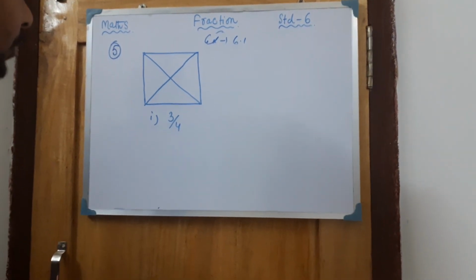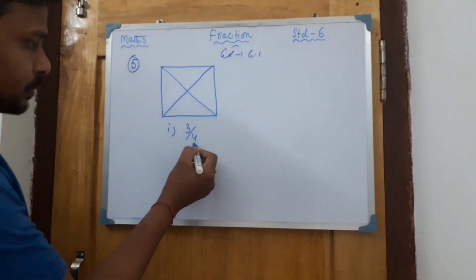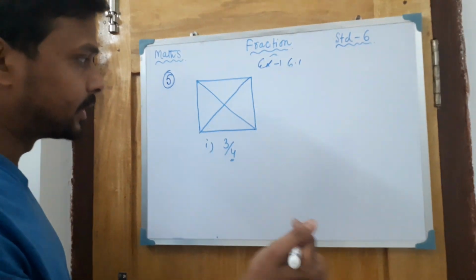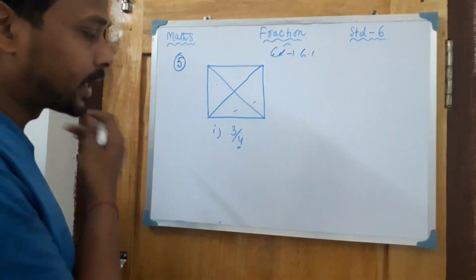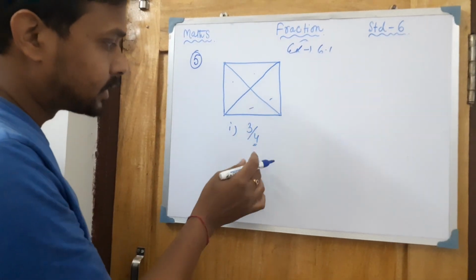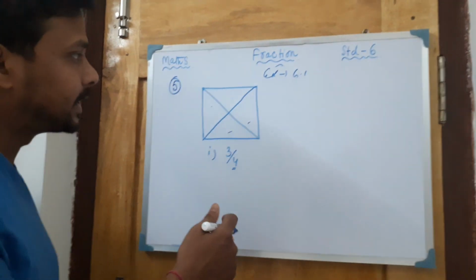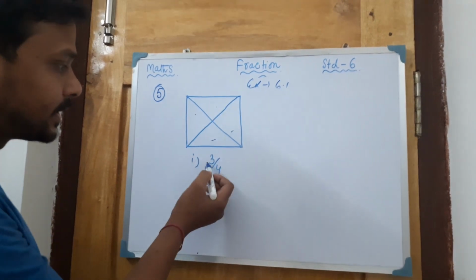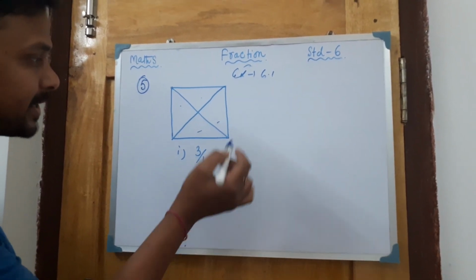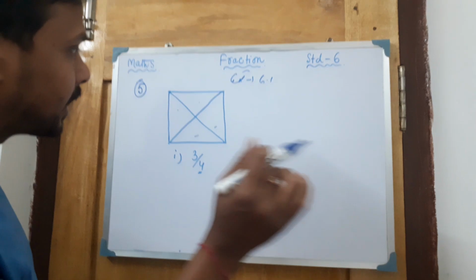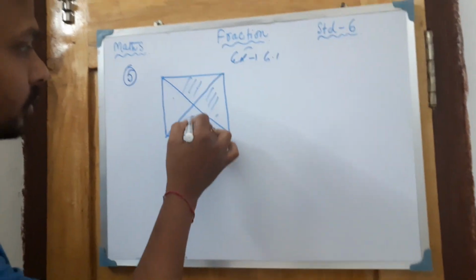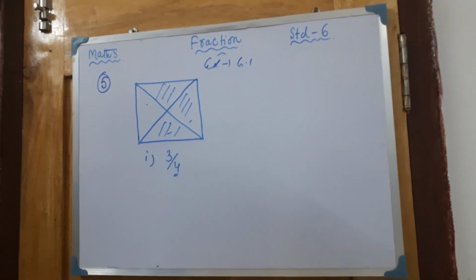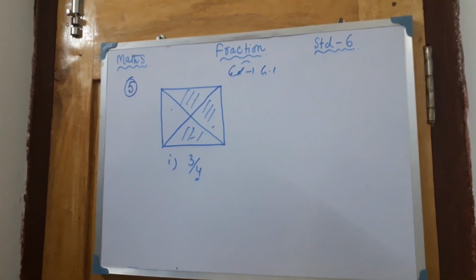So 3 by 4 meaning is what? This 4 gives you the information that there are 4 equal parts. 1 2 3 4. Okay, so within these 4 parts, from here you can see this is the square where 4 equal parts are there. 1 2 3 4, and 3 is on the top, means that within these 4, 3 are shaded. So 1 2 3 are the shaded portion. So that will be the diagram of this one. Okay, so in this way you can complete this one.